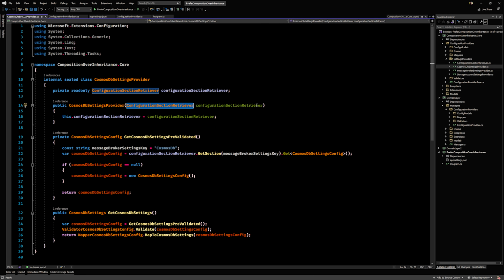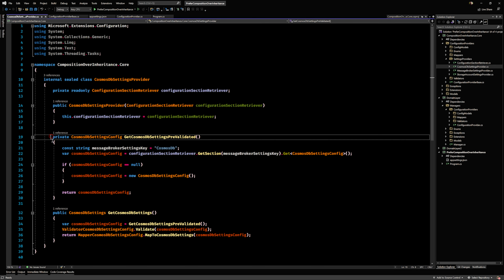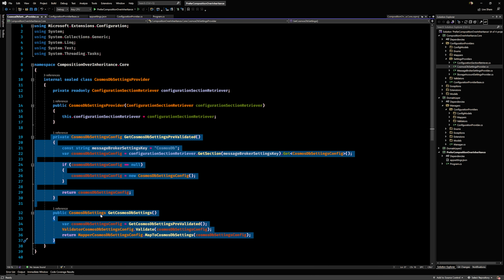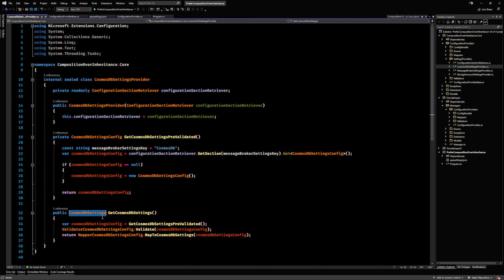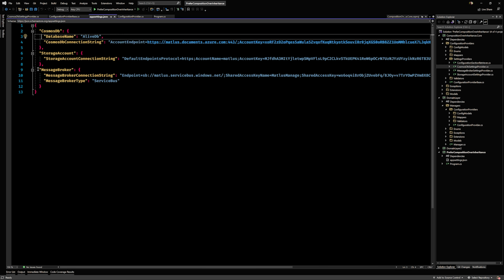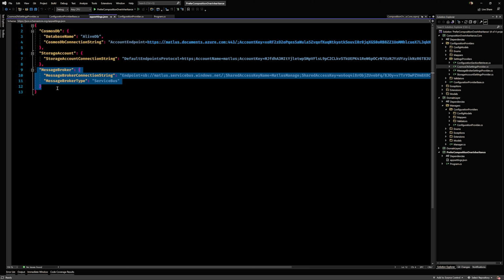And so then these specialized classes that provide this functionality, for example, the Cosmos DB settings provider, it's got these two methods that are specific to retrieving Cosmos DB settings from the config file, but it's effectively reusing the config section retriever to retrieve the section in which the settings are, meaning the app settings section. So it's retrieving this section from that, right?